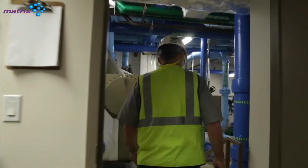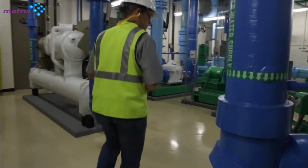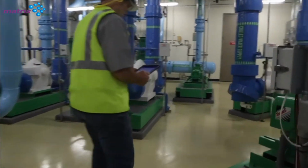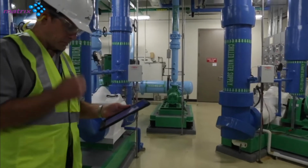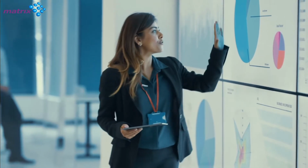By connecting their equipment in the field to Thingworx, hundreds of units at customer sites worldwide can be monitored simultaneously. With data gathering and analysis capabilities, optimizing equipment performance and providing insights to customers transforms customer relationships from transactional to